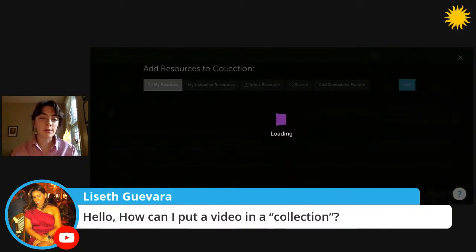So as this loads, you can see when I click the Add Resources to Collection button, it gives me a few different options. The first option it'll give me is to add directly from my favorites. I can also enter search here to add resources in bulk to my collection. I can add a standalone feature, which takes a few different forms, like a standalone text annotation that'll appear as a standalone text tile within my collection, or quiz questions that appear by themselves, which I like to use when I'm entering some introductory or conclusion questions at the beginning or end of my